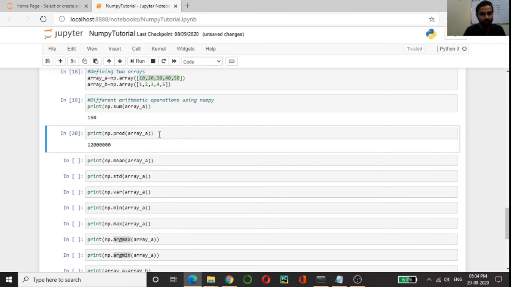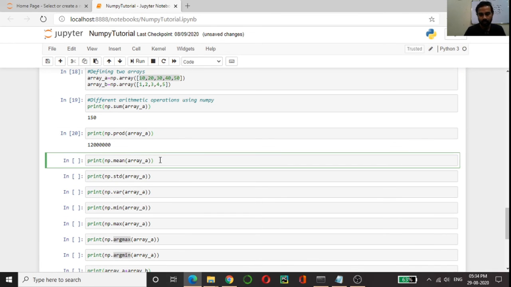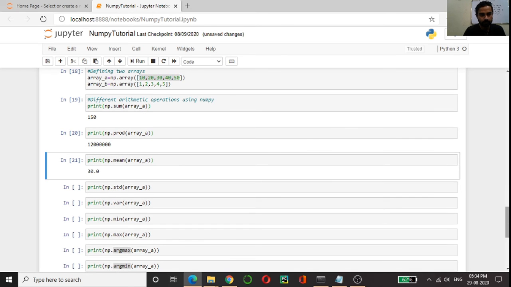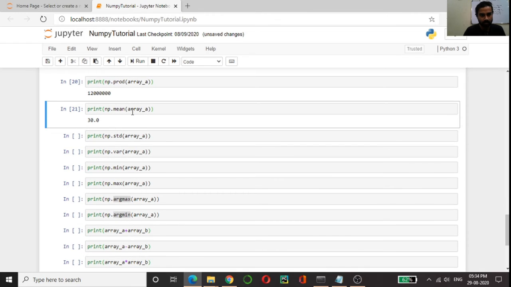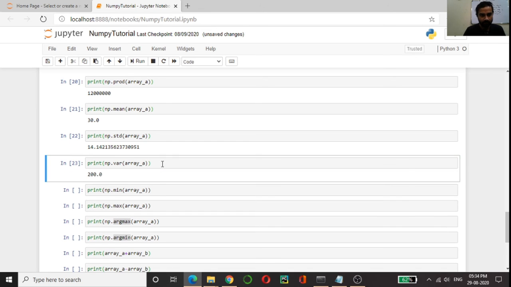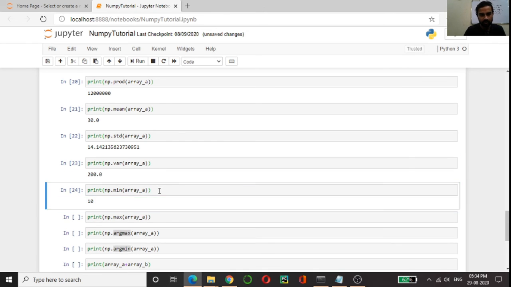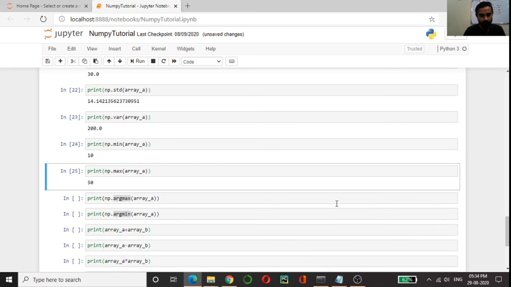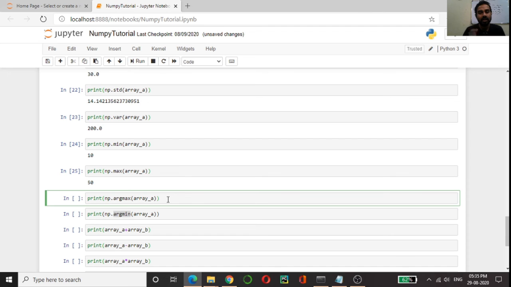This gave me the product of array A. This gave me the mean of array A. This gave me the standard deviation of array A, then the variance, the minimum value of array A, and the maximum value of array A. What argmax does is give me the index of the maximum value.